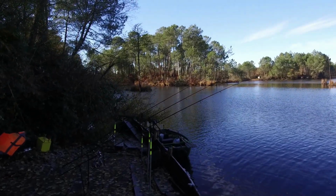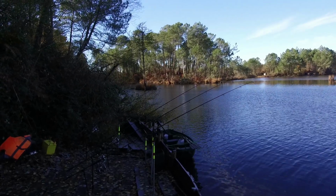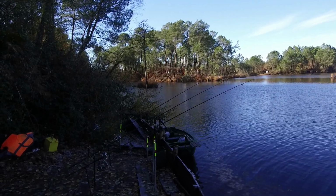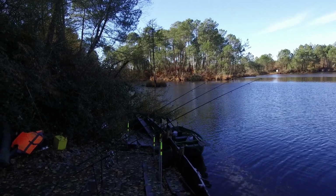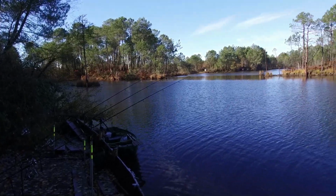We've got down in that little, I don't know what to call it really. It's like a cut through really, but it doesn't really go nowhere. There's like a double channel that goes down there. I've got one right down the bottom in the snag next to the tree, it's a gnome spot. And then coming round,